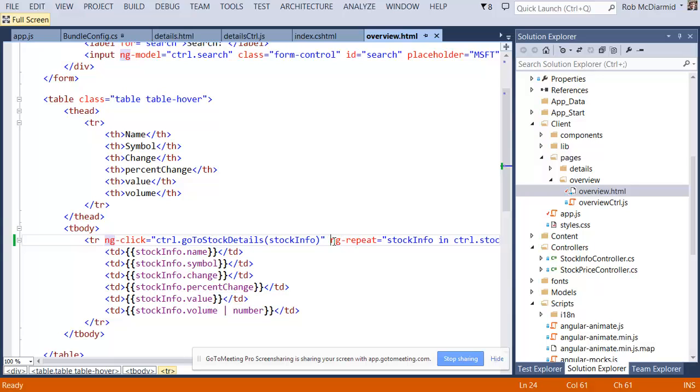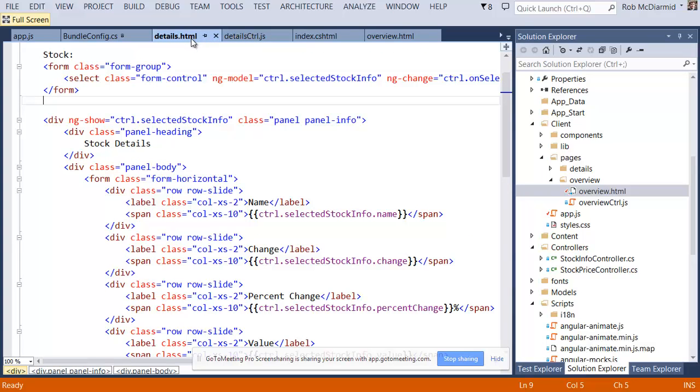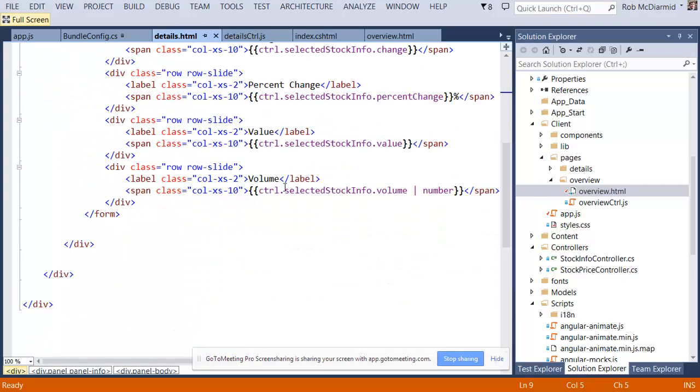Another use case is this ngRepeat. So this is going to turn this HTML into just a template, and then it can duplicate it, generate it, remove it, add it to the DOM, and stuff like that. So that's like a template directive. And then what we're going to be creating is a component. So we want a block of HTML and JavaScript that we can drop into any page